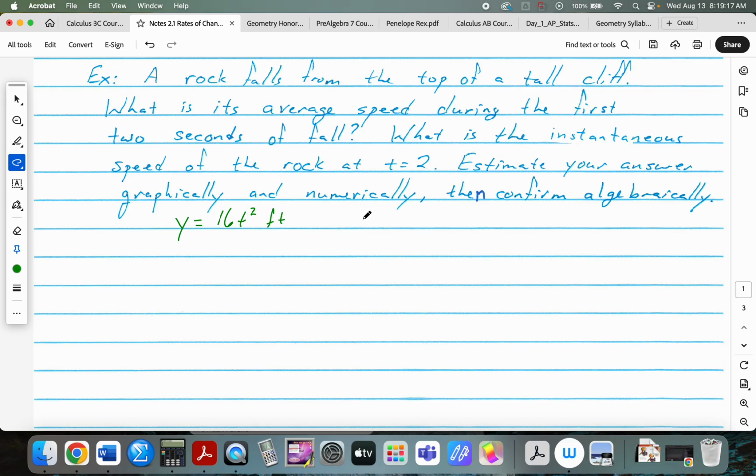So if we do the average speed, it is going to be equal to y at 2 minus y at 0 over 2 minus 0. So that'll be 16 times 2 squared minus 16 times 0 squared